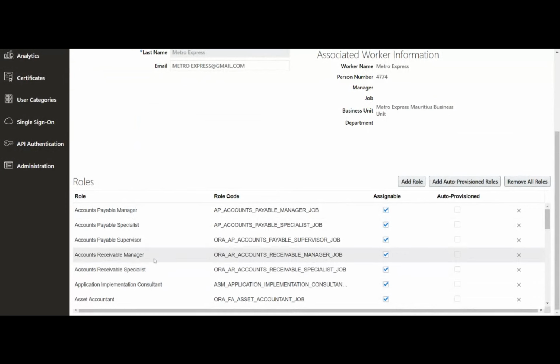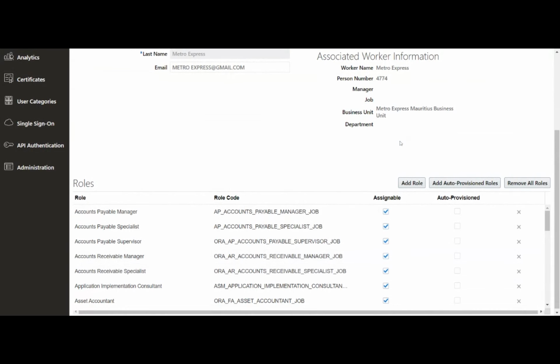Yeah, it is already assigned, so I'm not assigning it again. So these are the two roles that we will need for the receivable transaction: the accounts receivable manager and the accounts receivable specialist. Okay.